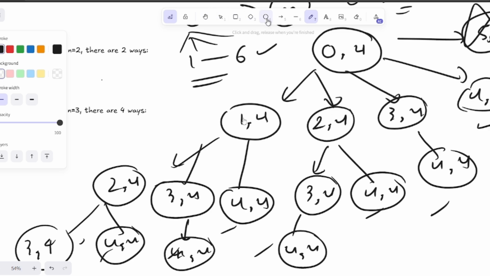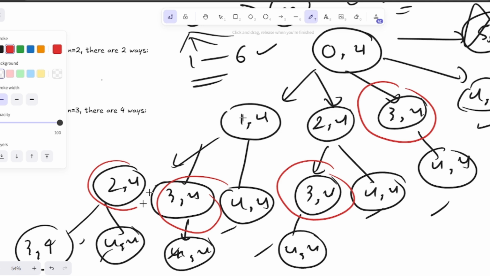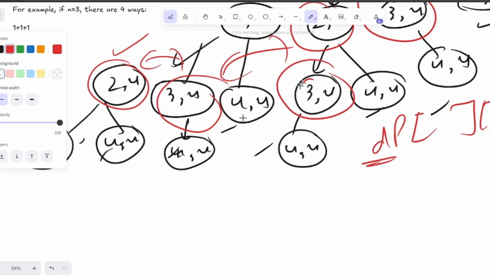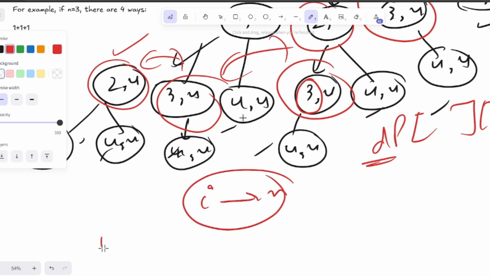And now we can see 3, 4, 3, 4, 3, 4, 2, 4, 2, 4. The cases are repeating themselves. So whenever the cases repeat, what we use is DP. We can use DP with indexes 1D, 2D, 3D. Here we are taking only one parameter, that is reaching towards n by adding 1 to 6 numbers. So we will create a DP of n plus 1,